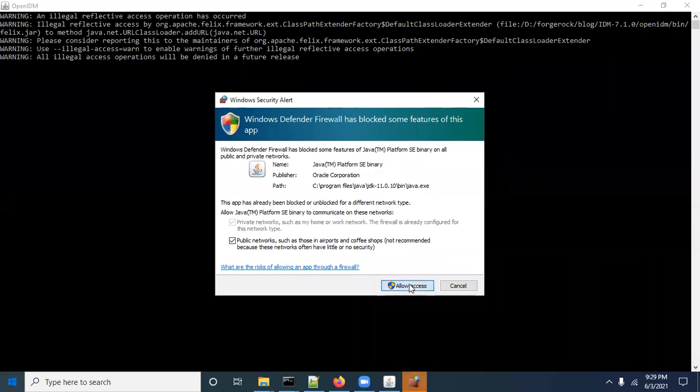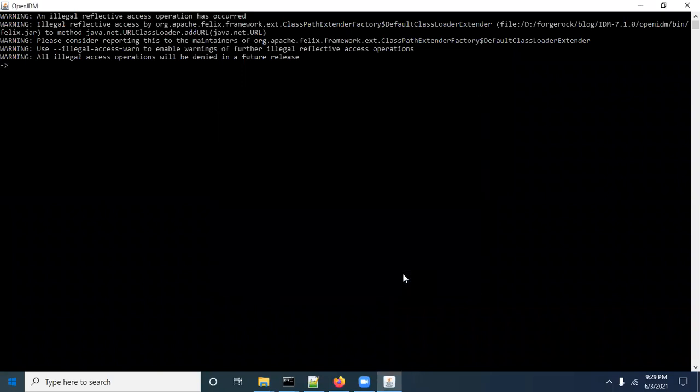Now click on allow access. So here we can see OpenIDM ready.